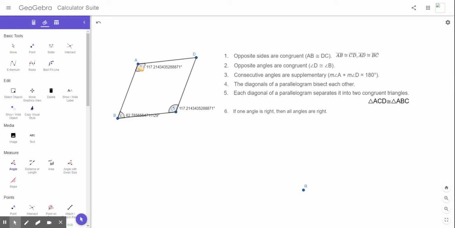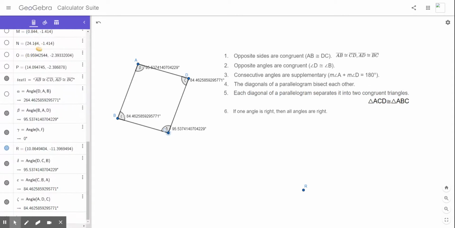Or if I measured from A to D to C, it also is the same thing. And once again, if I were to move those, they were to do that. But then if we were to add these two, so 84 point something, well, basically 84.5 plus 95.5, if we were to add those up,